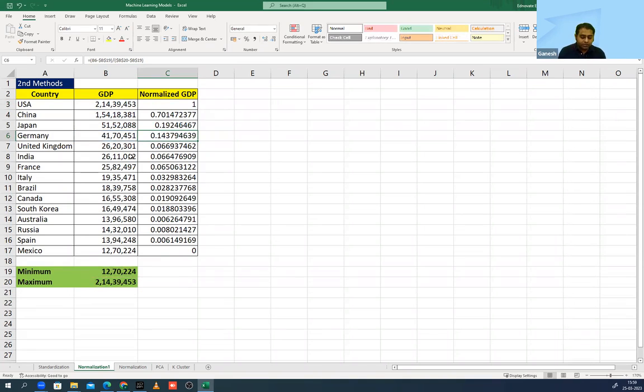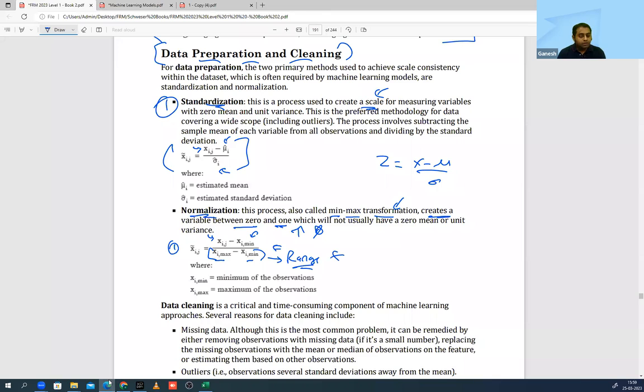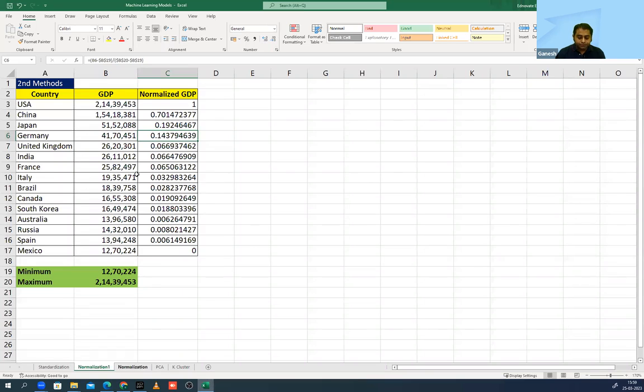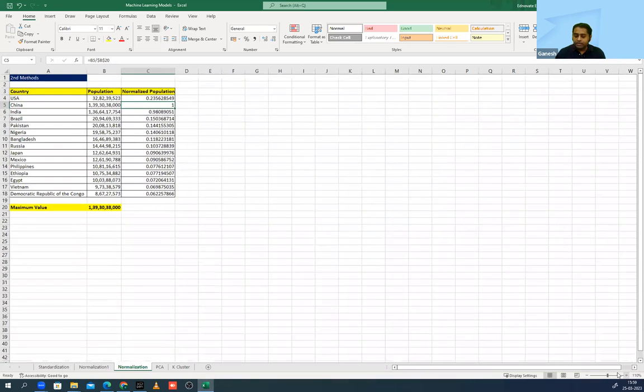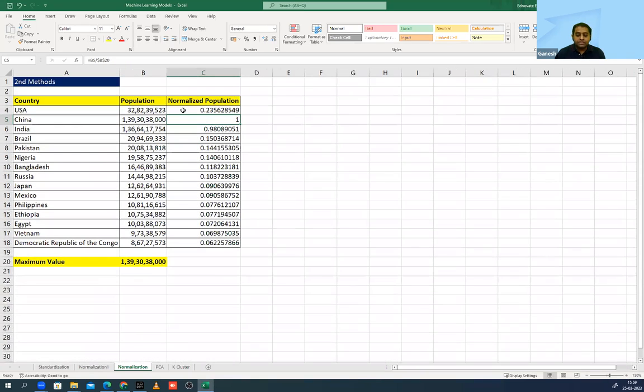And the formula is also given in the book. There's one more way that we can do it, which is the second approach. This is not there in the book. So over here, you just divide by the maximum value. In the entire data set, I've taken the maximum value, and I've just taken that value, 32 point something something, divided by the maximum value. Now I have changed the data. This is population. Alag liya hai maine data. But you will again get the answer between 0 and 1.